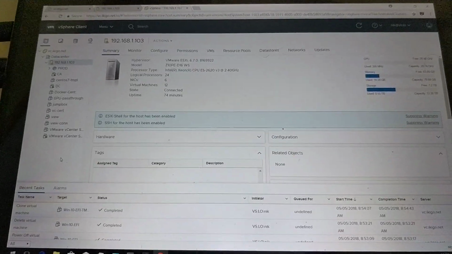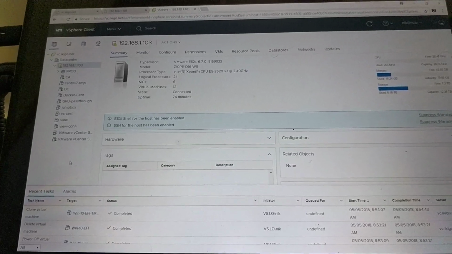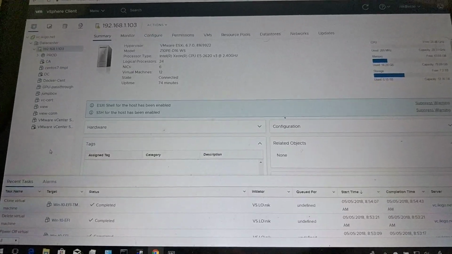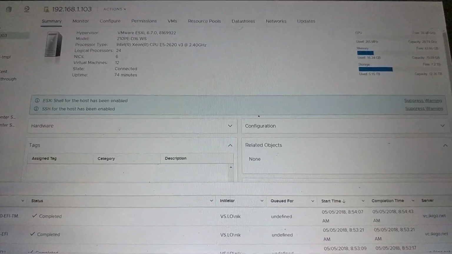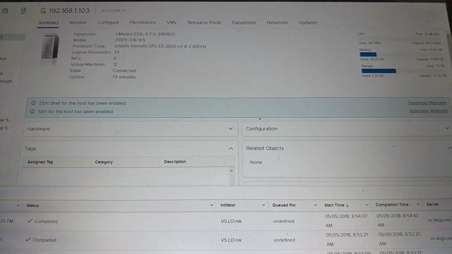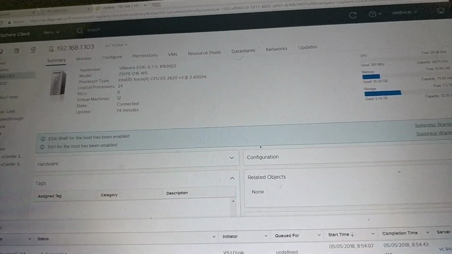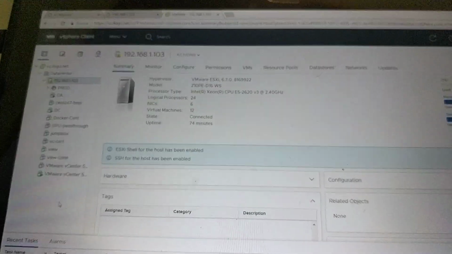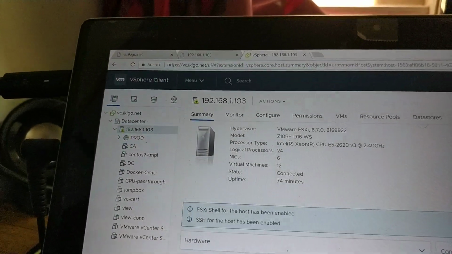Hey guys, this is Nitin, and today I'm gonna show you how to pass through a graphic card to a virtual machine running on ESXi. So I've got an ESXi 6.7 host here. This is a white box running on an Asus motherboard, Z10PED16WS. Pretty much my white box is running on 6.7 ESXi and 6.7 vCenter,